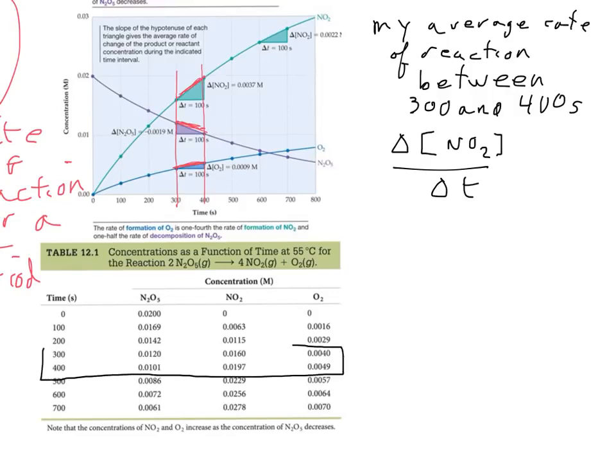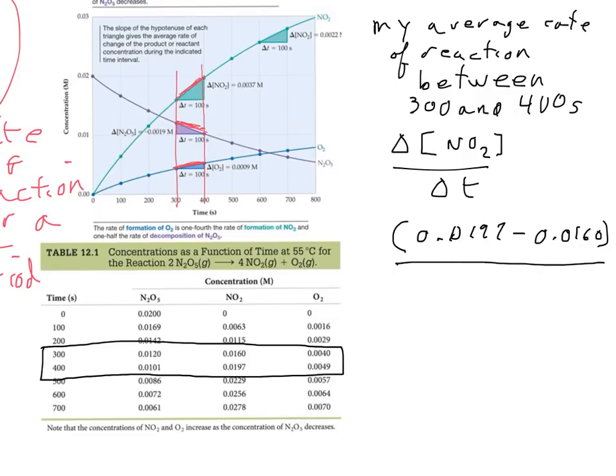So I come down here to my data table because I don't want to give myself eye strain trying to read that little graph there. At 400 seconds, my concentration of nitrogen dioxide is 0.0197 minus, at 300, 0.0160, divided by 400 minus 300,